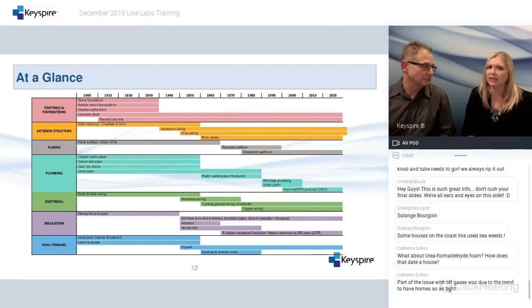Yeah. And if it's older than 1930, I can expect that I might find some copper waste lines. I might find some galvanized pipes, or even tool cast iron drains or whatnot, right? Like I may find different things. If I find one, there's probably an indicator that there may be other parts of the house, right? So look at it. If the house is built in 1950,